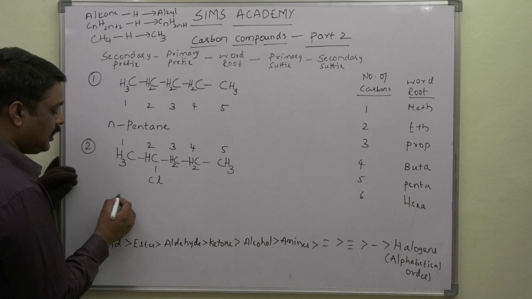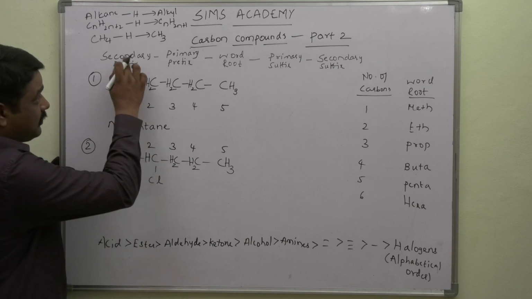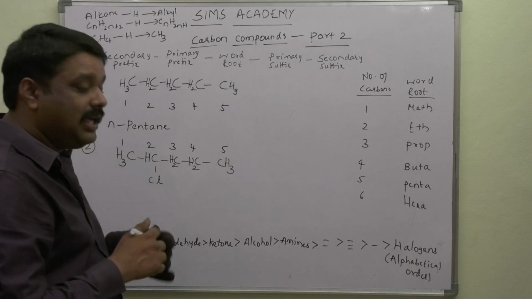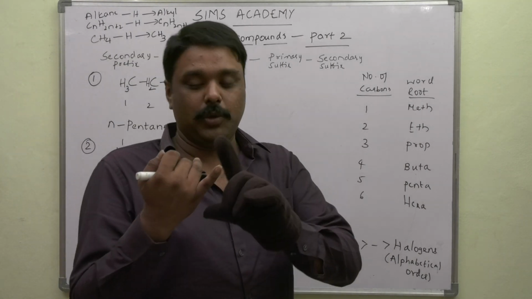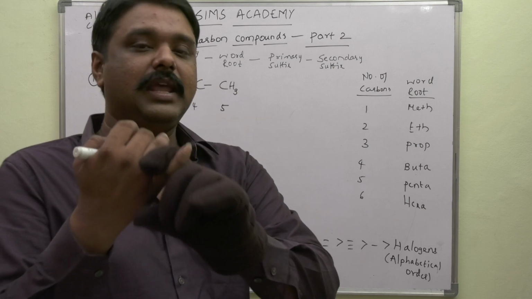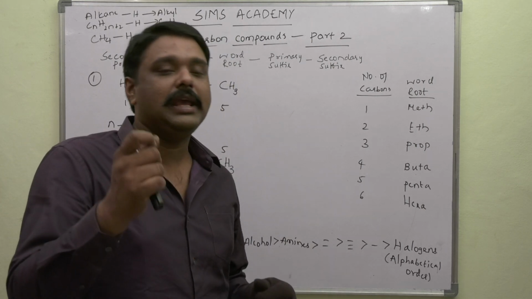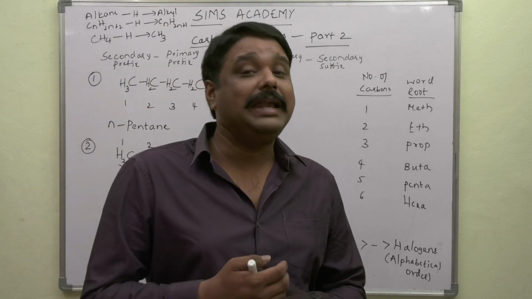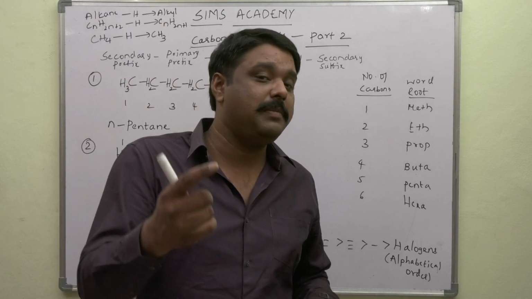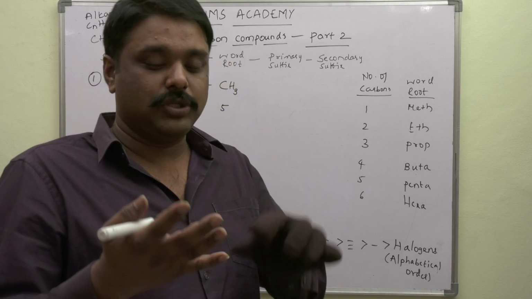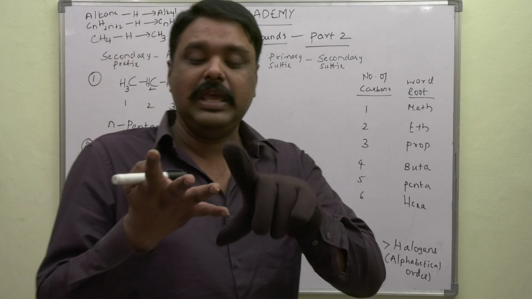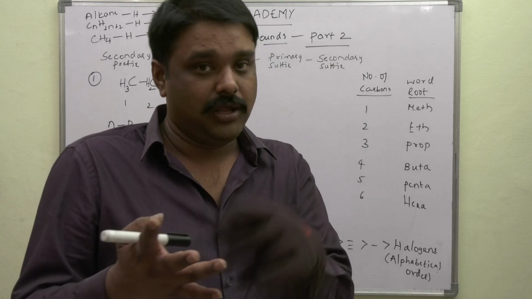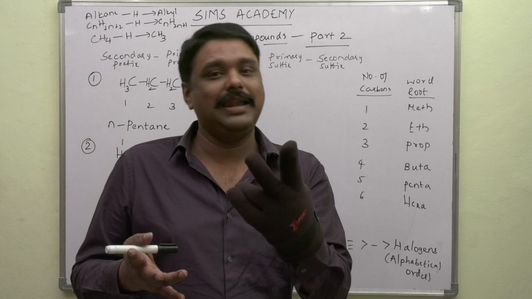It becomes 2 in the secondary prefix. In the secondary prefix also we have number prefix and numerical prefix. Number prefix is the position of the given substituent on the carbon atom. Numerical prefix: suppose we have multiple substituents of the same element or the same group. Suppose chlorine is at the 2nd position and at the 3rd position. Then we mention it as 2, 3. Present at 2 places, that is the numerical prefix.